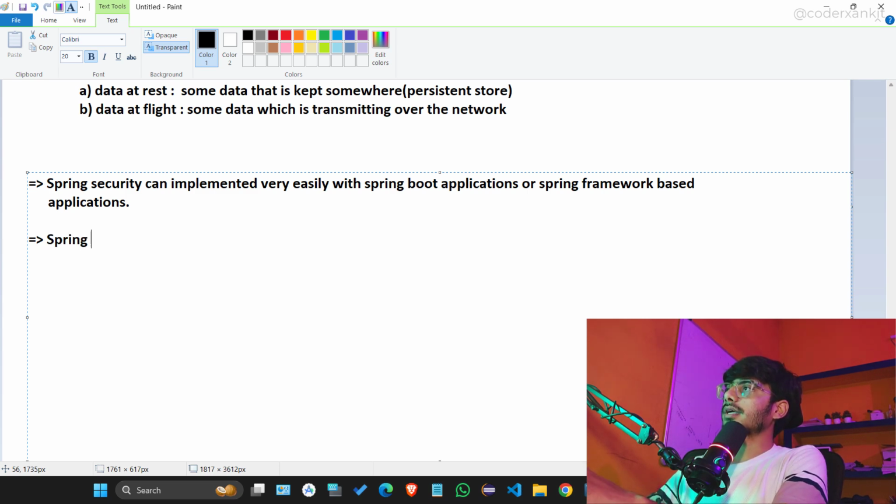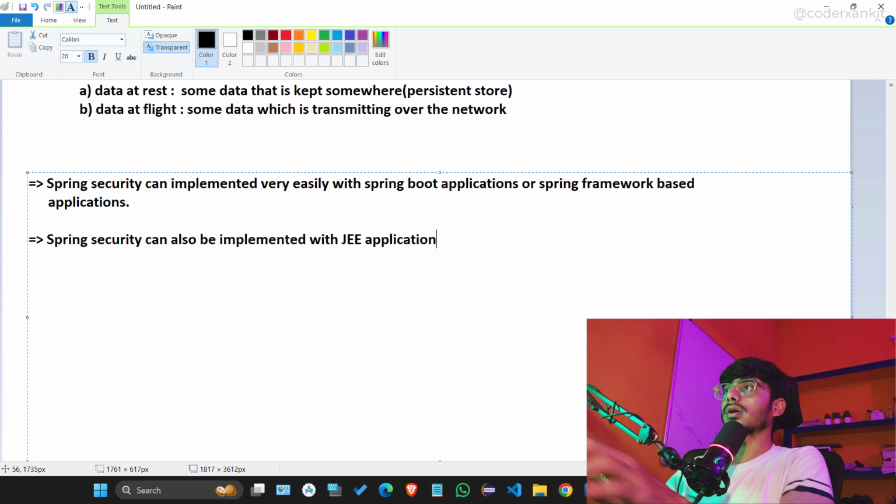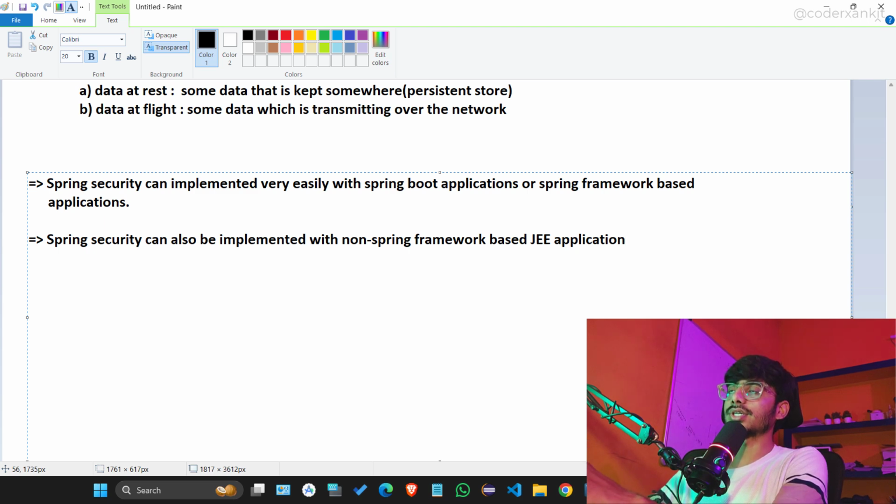Spring Security can also be implemented with JEE, Java Enterprise Edition, applications, okay, and non-Spring framework based JEE applications, Java Enterprise Edition based applications there also, but it